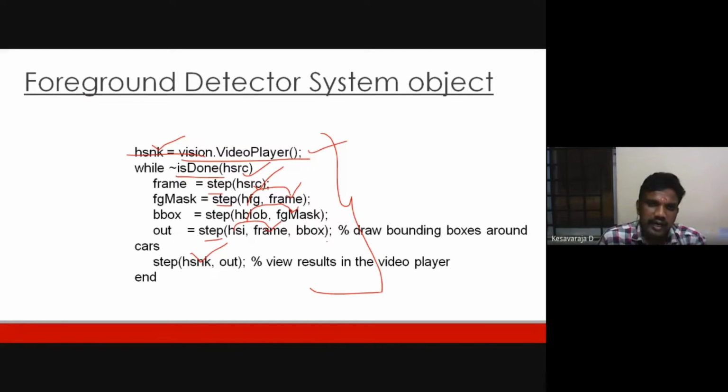While not isDone of HSRC, so till the end of the video, frame equals SRC, and step is used for processing. Initially the first frame of the video was read and stored in frame. The foreground mask was then applied to the frame